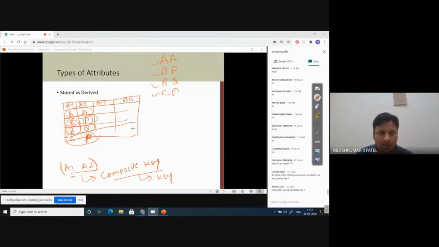So just try to give me an answer if there is one more attribute, like A3, having these values. A3 cannot become a single attribute key, because it is having repetition. So if I add, there are two attributes A1 and A2. Just try to understand A1 and A2. It can become a key. So what is your answer to this question? A1, A2, and A3: if we combine these three, is it a key or not?